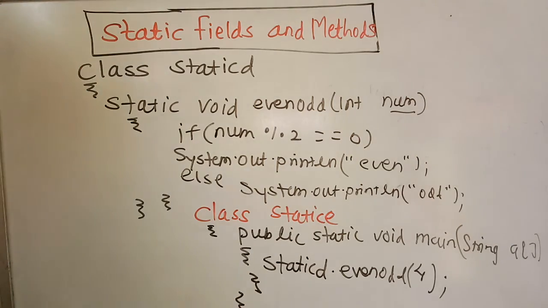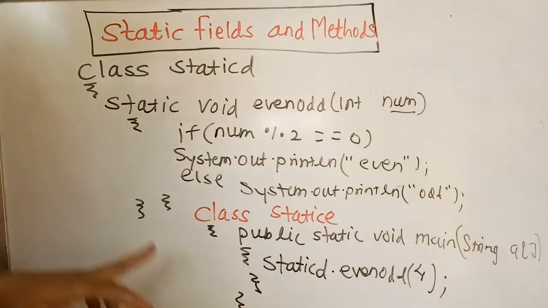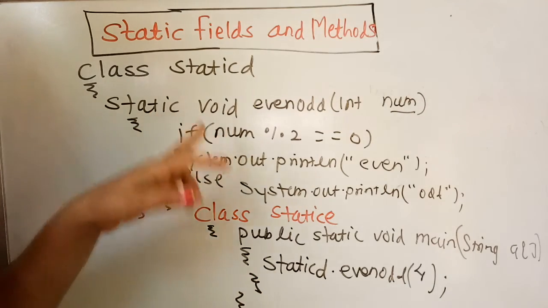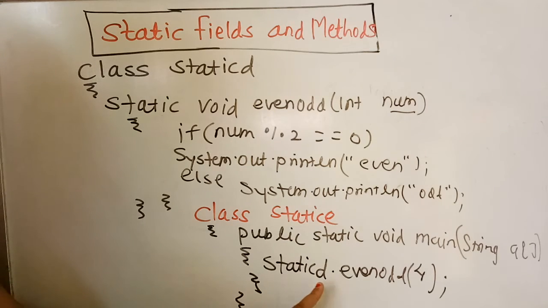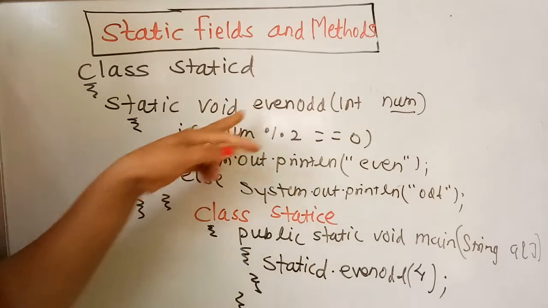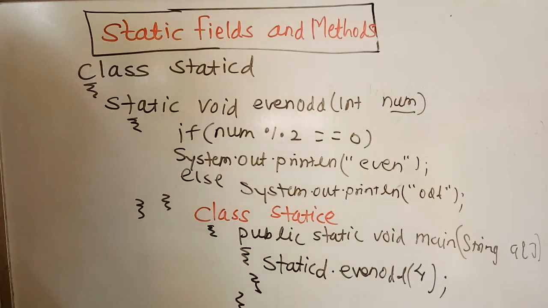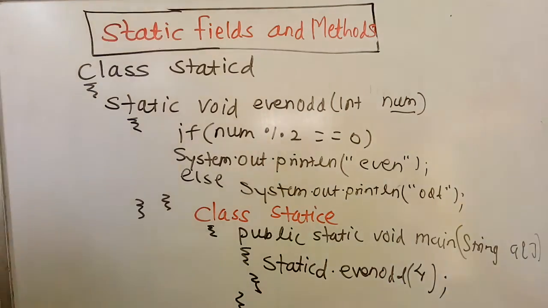Now carefully see here that it directly instantiates itself with the class. So a static method is directly stuck with that class. Here there is no need to create any object of that class and then access the method with the object. So this is the mechanism related to static methods.